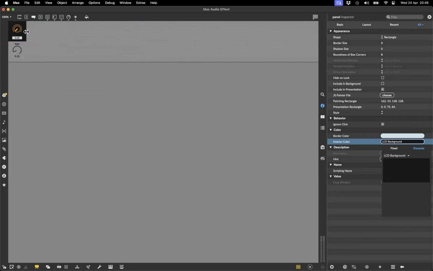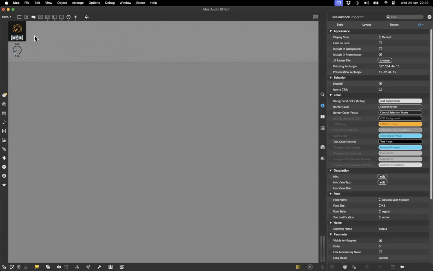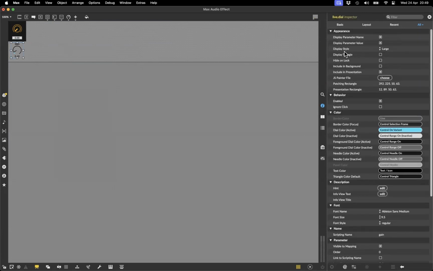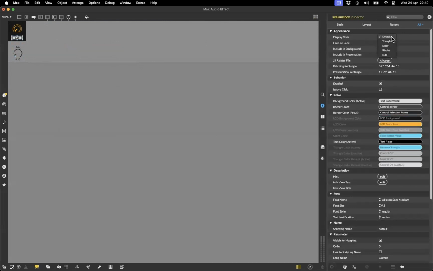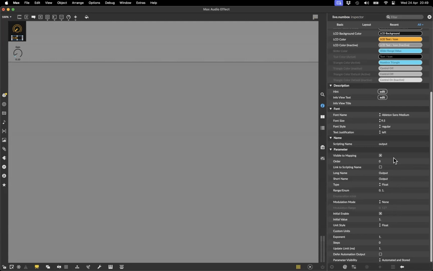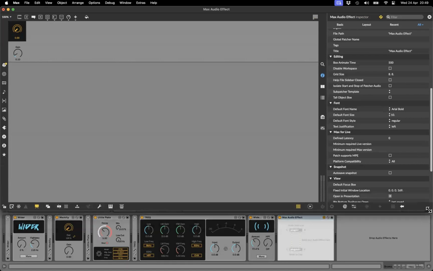And in fact, with a lot of objects, so for example, if I select this live numbox, if you go all the way to the top, certain objects, you saw how we had these different display styles for the gain control. I've made this nice big gain control. The live numbox actually has a display style. It's got a number of different options here, but one of them is called LCD. And LCD gives you this style that goes against this black background quite nicely. So I'm also going to just center that text. And if I save that,